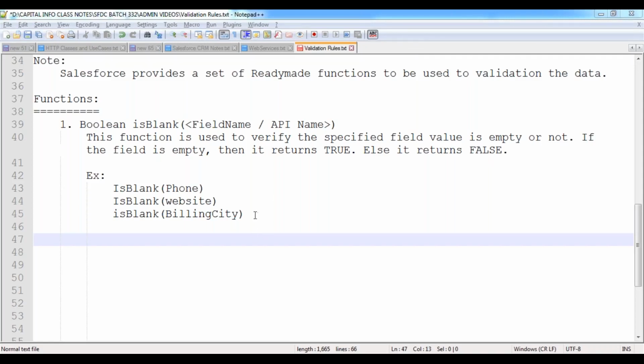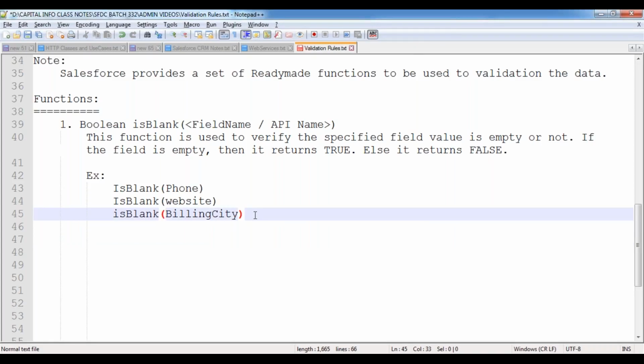Sir, when we make a field required during data entry, also while doing a data loader import, it is a mandatory field. So if we are doing any validation, then for that field it will be mandatory. Even if I'm creating a validation rule, validation rules are always firing upon creating the record. Whenever you are creating the record through data loader also, it will fire the validation rules.